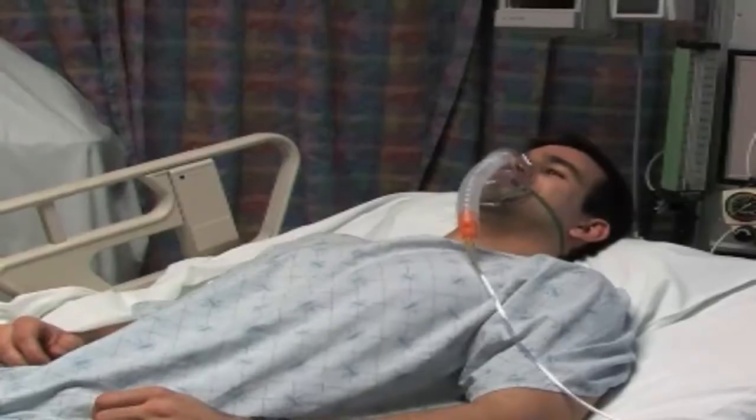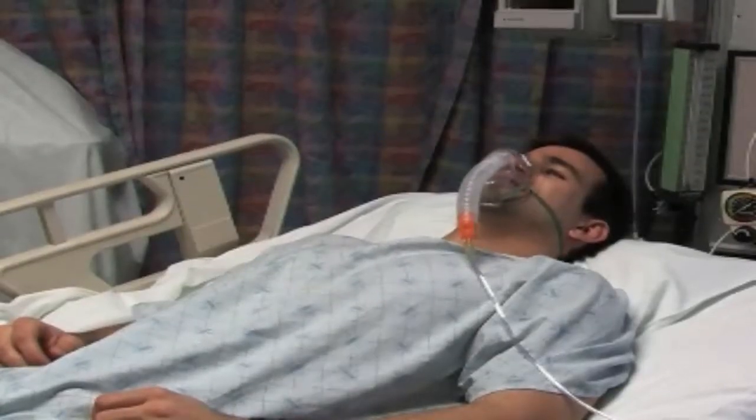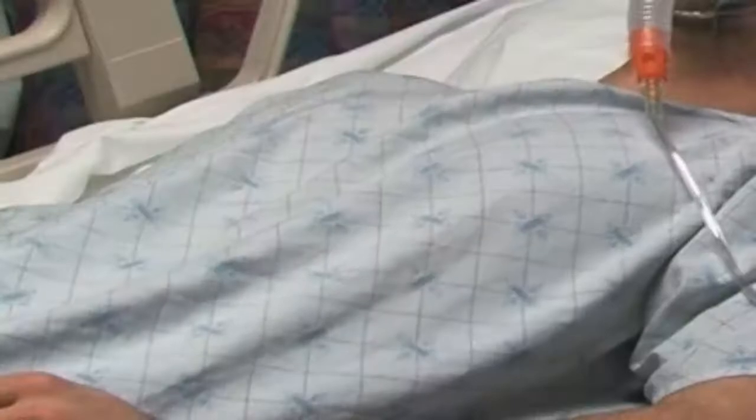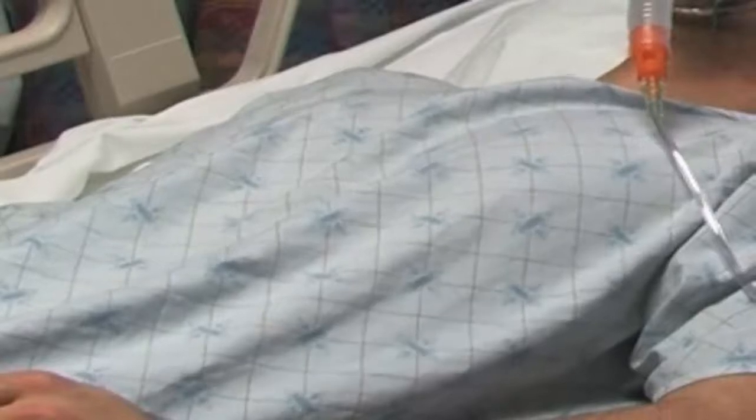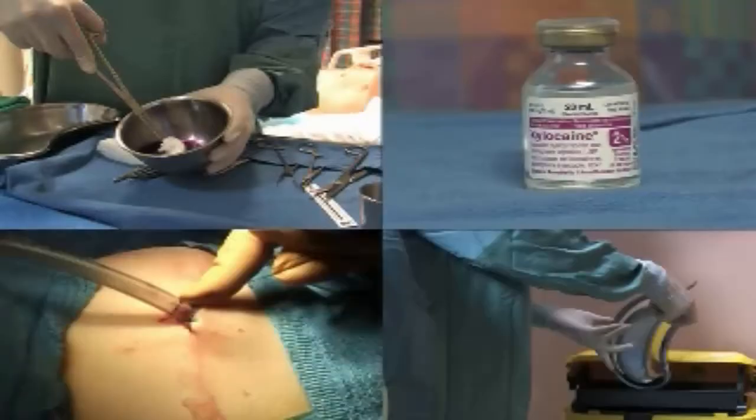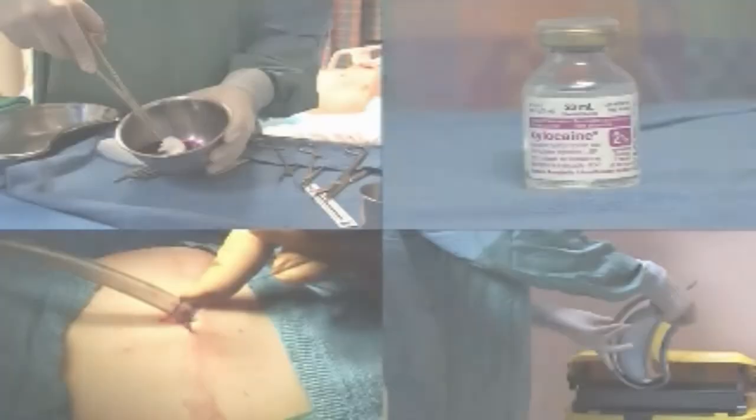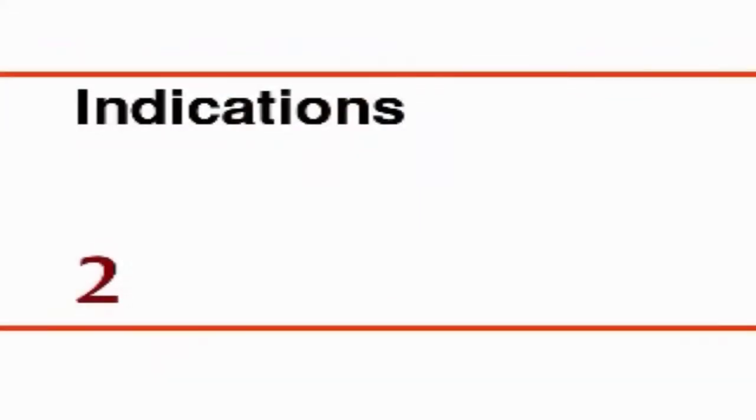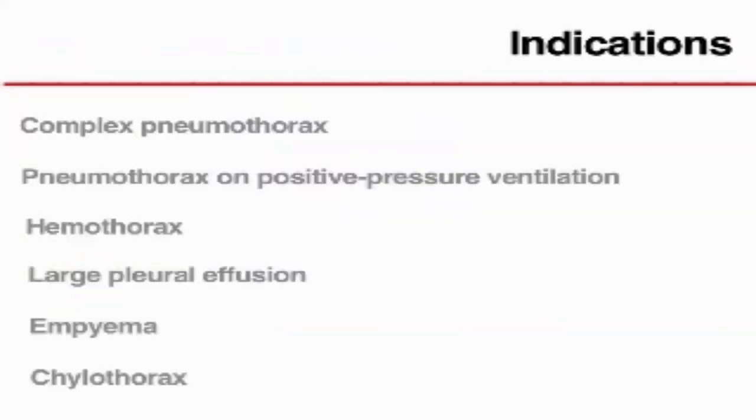The insertion of a pleural chest tube is often done in a setting where immediate action is required. Nonetheless, adherence to sterility, analgesia, sound technique, and safety are always warranted. The most common indications for chest tube drainage are